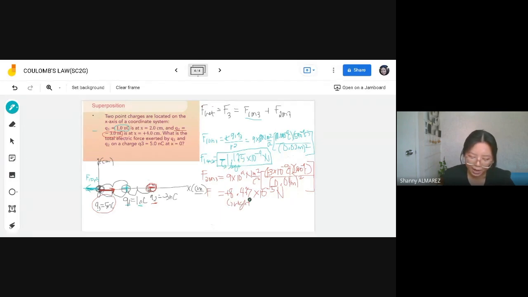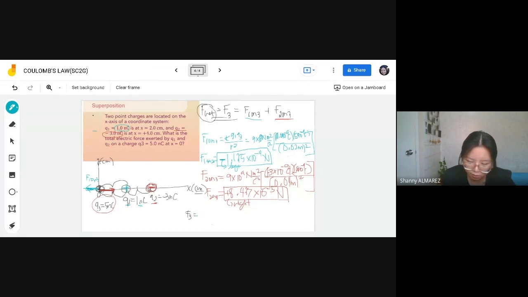Okay, did we get the concept? Now, from our answer, let's go back to the main question. What is the F-net, or the value of F3? If we substitute the value of the individual forces, we tried solving for F3. F3 now becomes, I'll just move this, F3 is equal to